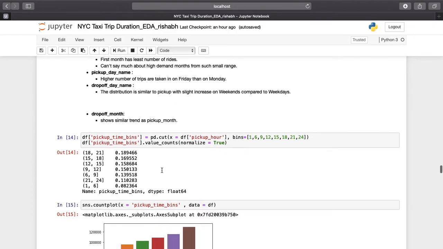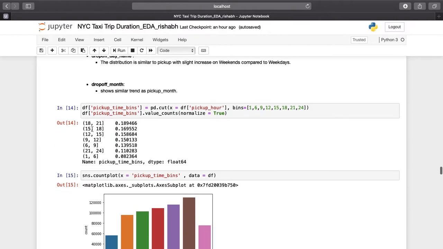This is the summary. And okay, in order to clear the problem that was happening with the time, since I first took the pickup hour as a continuous variable, here I tried creating a category out of it.